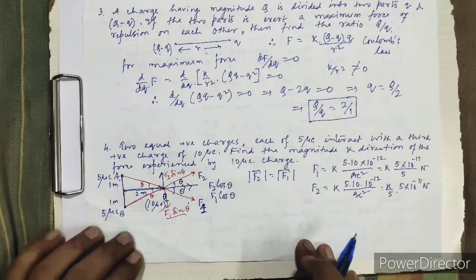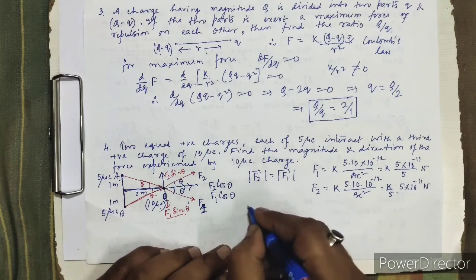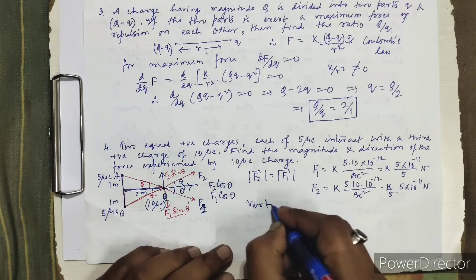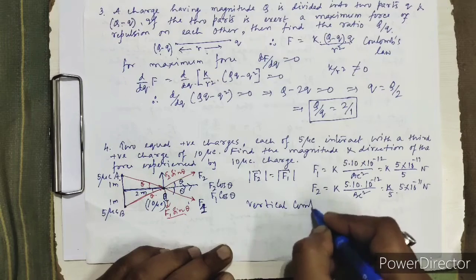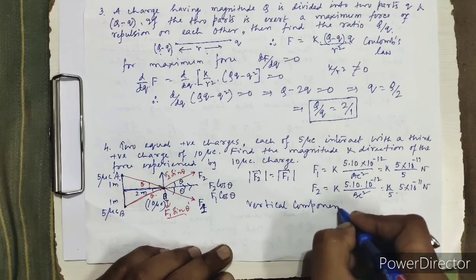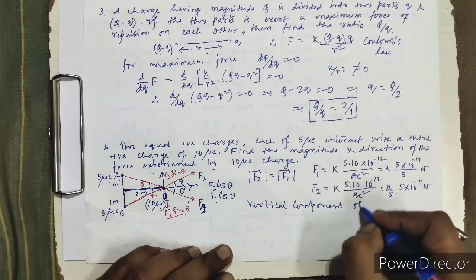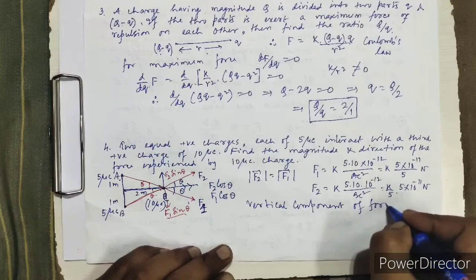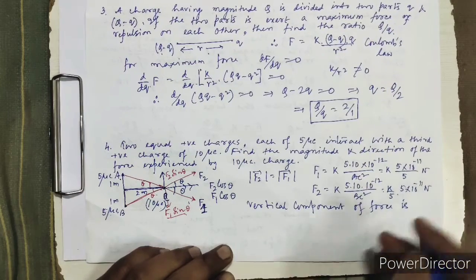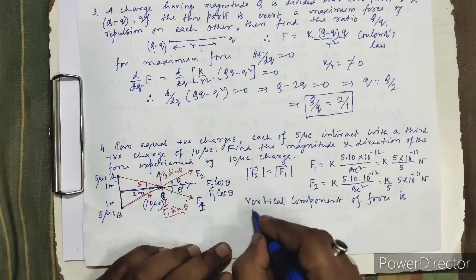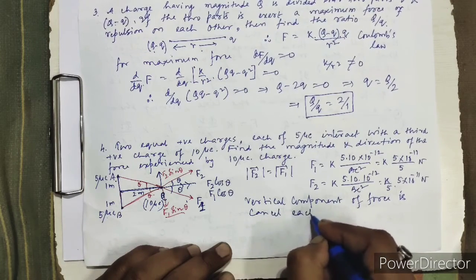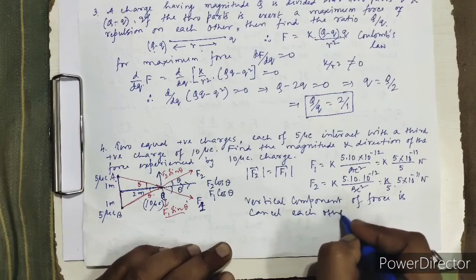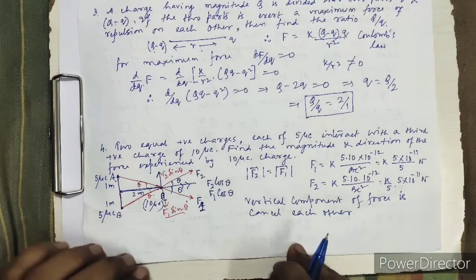F1 and F2 are the same. Therefore, the vertical components of force cancel each other. Therefore, total force